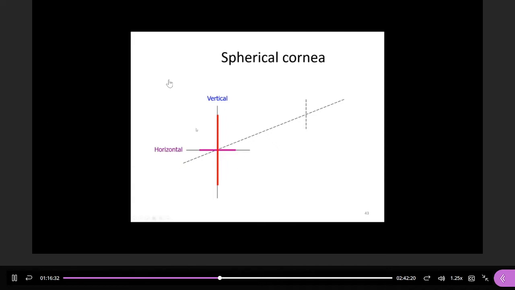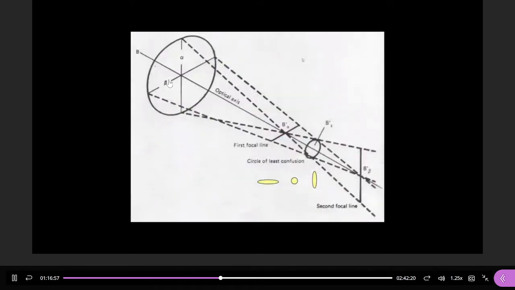If the cornea is spherical, we can see the vertical, which is red, has perfect focus on the retina. The horizontal can also perfectly focus on the retina. We call that normal, or a spherical cornea. That means all the directions are equal. However, if not all the directions are equal, like this,